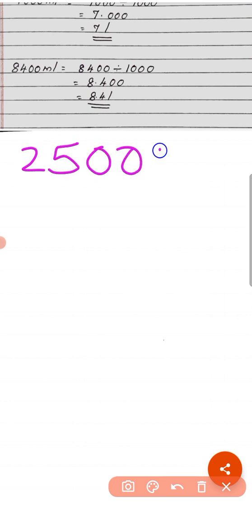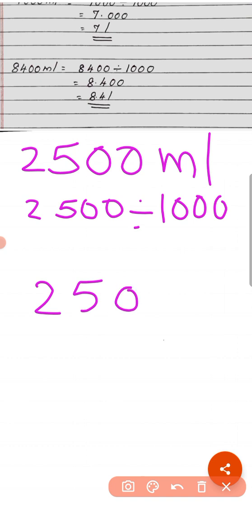2500 milliliters. 2500 divided by 1000. Dividing by 1000 means shift the decimal 3 places to the left. After 3 places, we can put the decimal point. So...